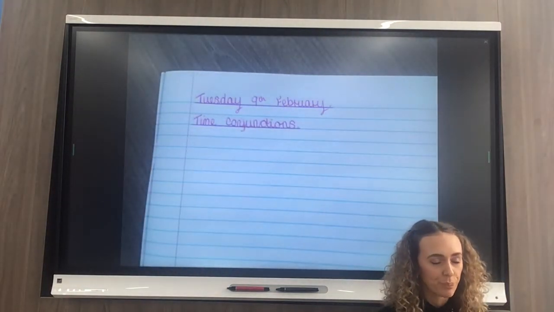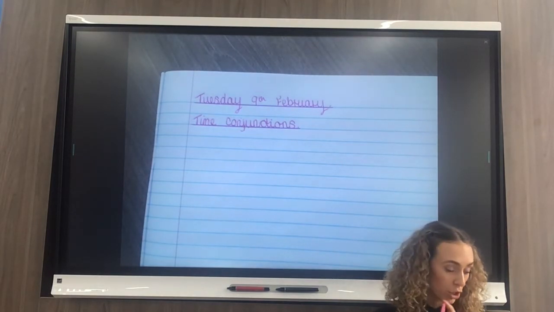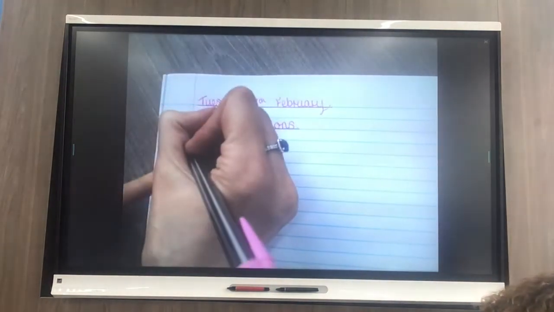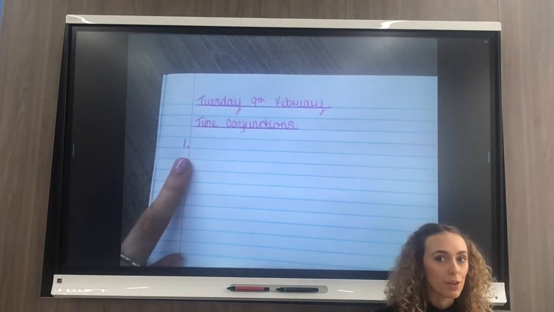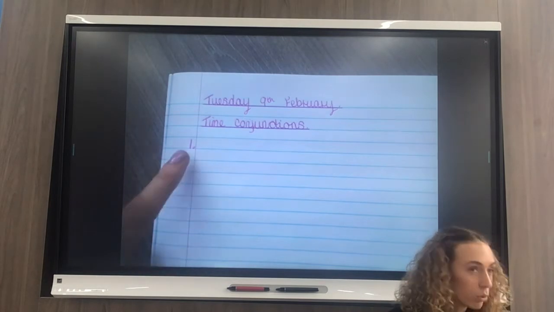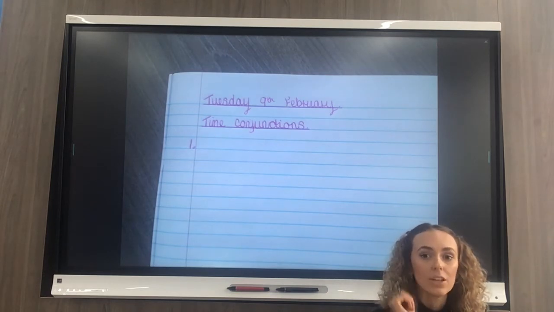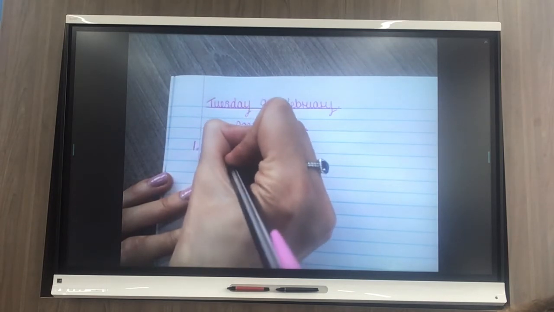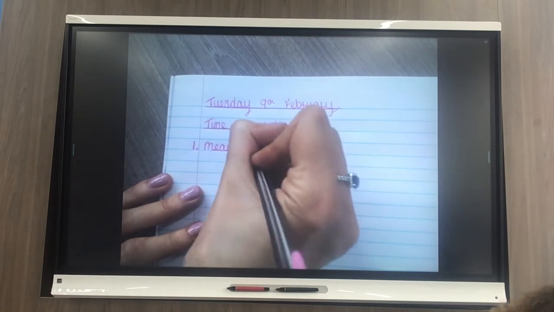Okie doke, so if you noticed on the board before, our time conjunctions with the missing letters were numbered. So I'm going to write number 1 first, but what must I do first? I must leave a line so it's presented lovely and neat. And if you notice, Year 3, I write my numbers in front of the margin. How naughty is that? But I will allow it because it looks very good. Okay, so number 1, what was my time conjunction? What was it? Meanwhile. Well done. Okay, so in my best joined up handwriting, I am going to get my spelling correct and write meanwhile.